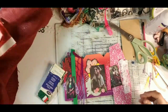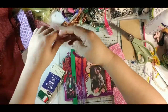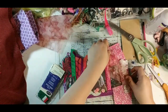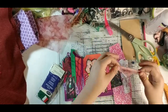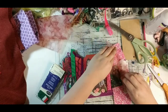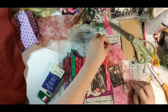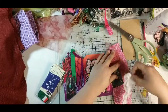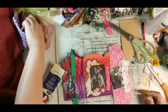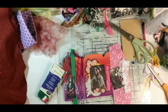I know that's not burgundy enough. Let's see. You can't really notice that. It's really pretty. Okay, guys. I don't want to use the purple. I want to go with the pink, but I need